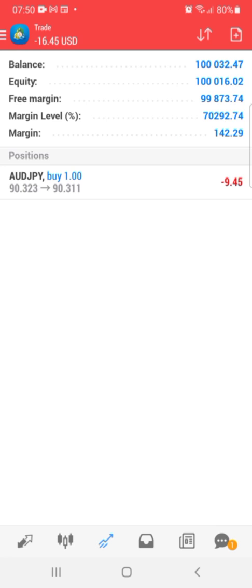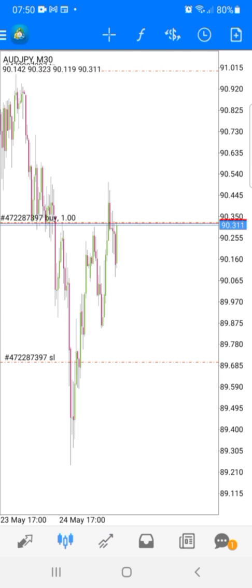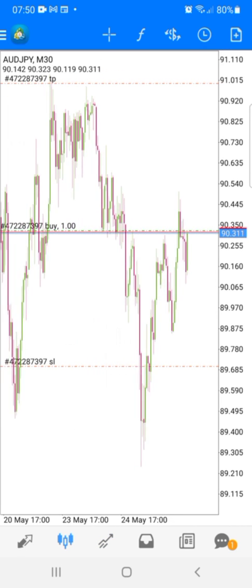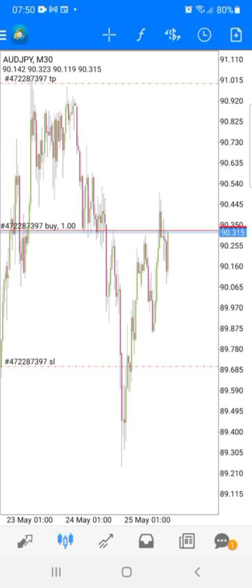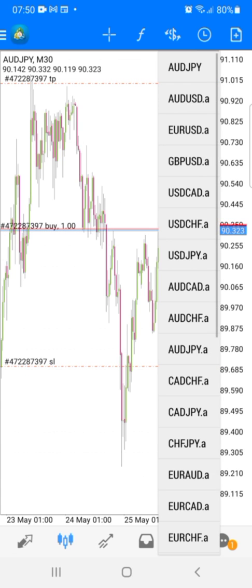Can you see? It will go. Can you see? That's what is called instant execution. Instant execution for buy. Now let's do instant execution for sell. Instant execution for sell, guys. So you go to, let's say